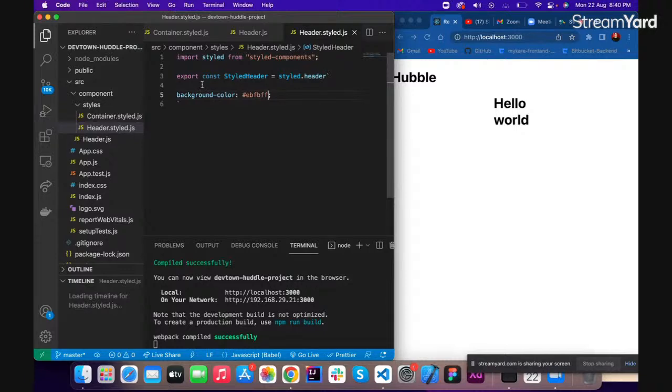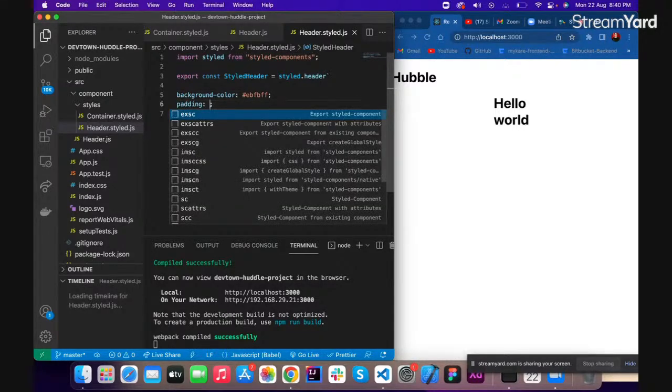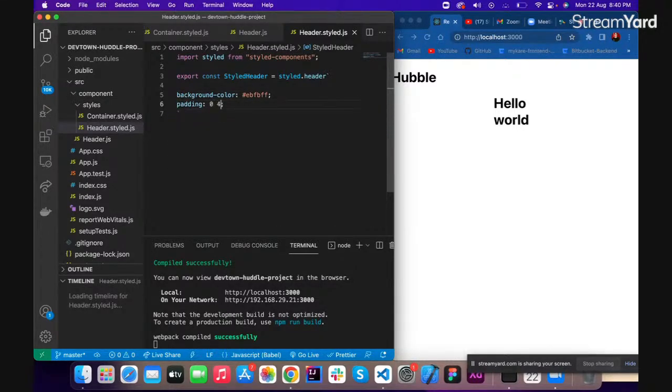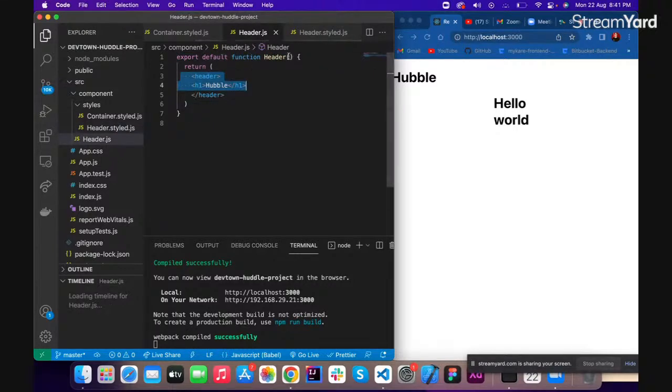Okay, then let's give a padding, 40 pixel. Let's say 40 pixel and 0. Okay, now we will be presenting a regular header, I would say our component over here. Above the export,